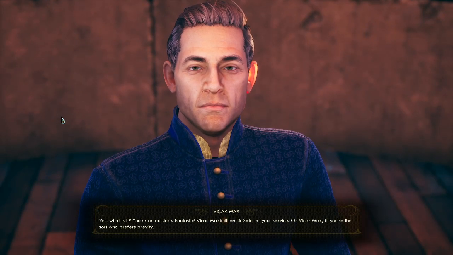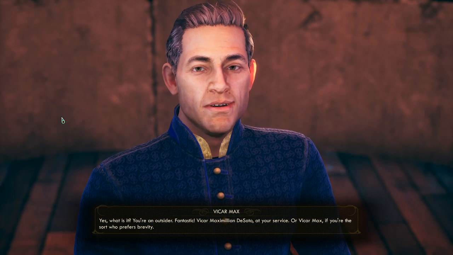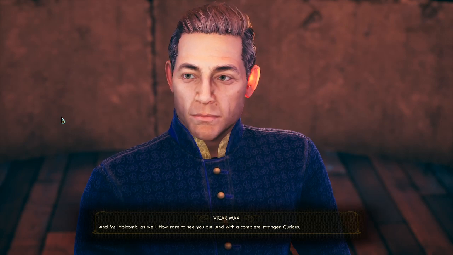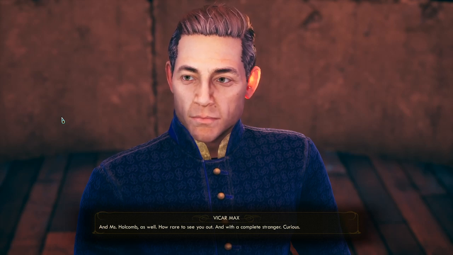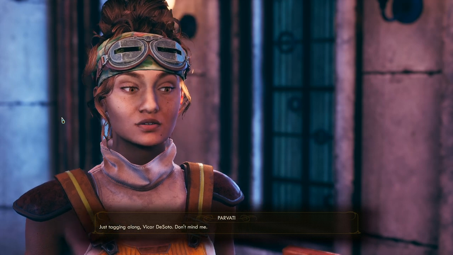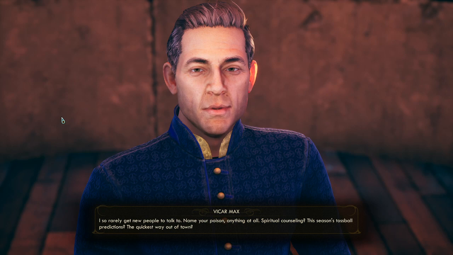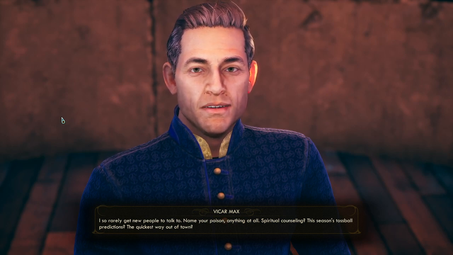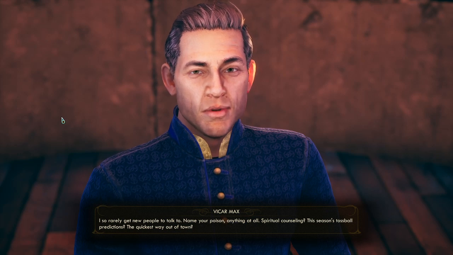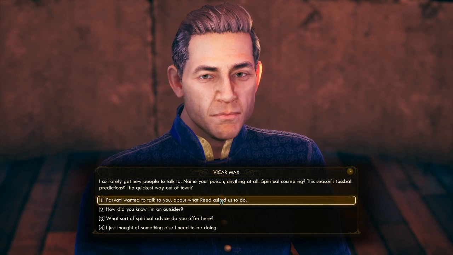Yes, what is it? You're an outsider. Fantastic. Vicar Maximilian de Soto at your service. Or Vicar Max if you're the sort who prefers brevity. And Ms. Holcomb as well. How rare to see you out. And with a complete stranger. Curious. Just tagging along, Vicar DeSoto. Don't mind me. I so rarely get new people to talk to. Name your poison, anything at all. Spiritual counseling? This season's tossball predictions? The quickest way out of town? Oh, a lot of them actually, but for now...